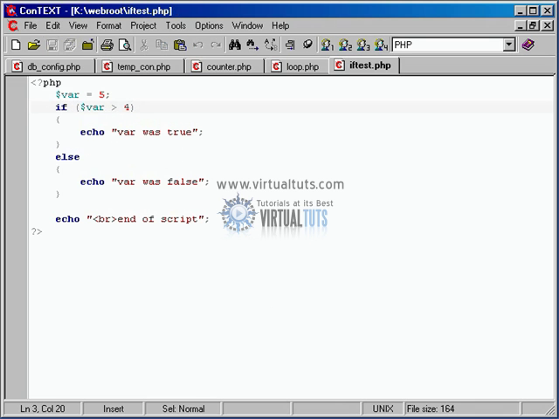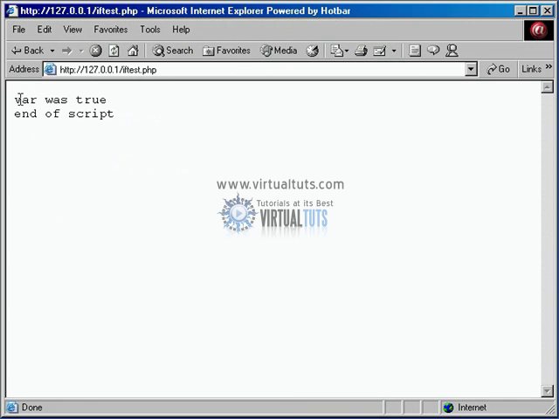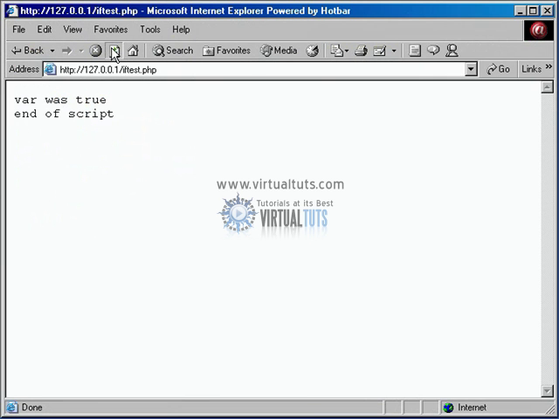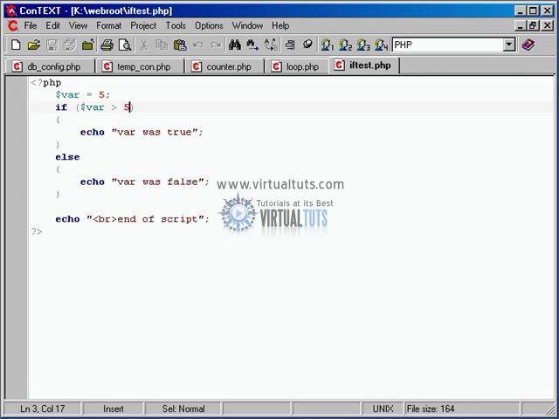So if I save this and run it, of course, 5 is greater than 4, and it evaluates to true. Now, if I set this to 5 and test it, 5 is not greater than 5. So if you're testing a range